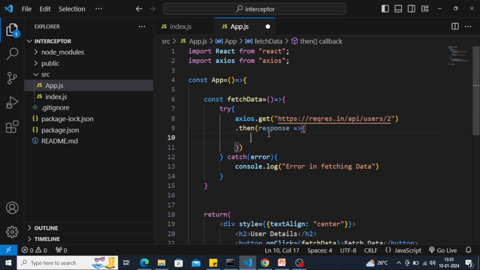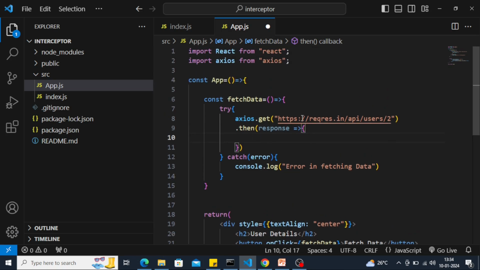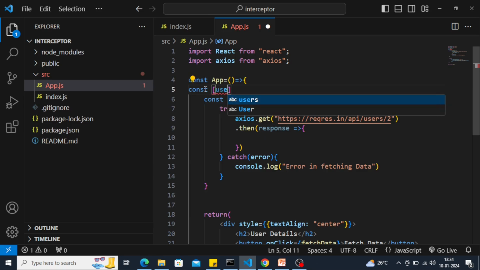What we need to do with that response? Once the response is received, we need to store that response in a variable. In React, as we have seen earlier in our useState tutorial, we need a state variable to store the data, because we will be displaying that data on the screen, triggered on click of this button. So we will store that data in our useState. For this, we need to define a useState. We'll quickly come over here. I will define a constant. Let us name the variable as user